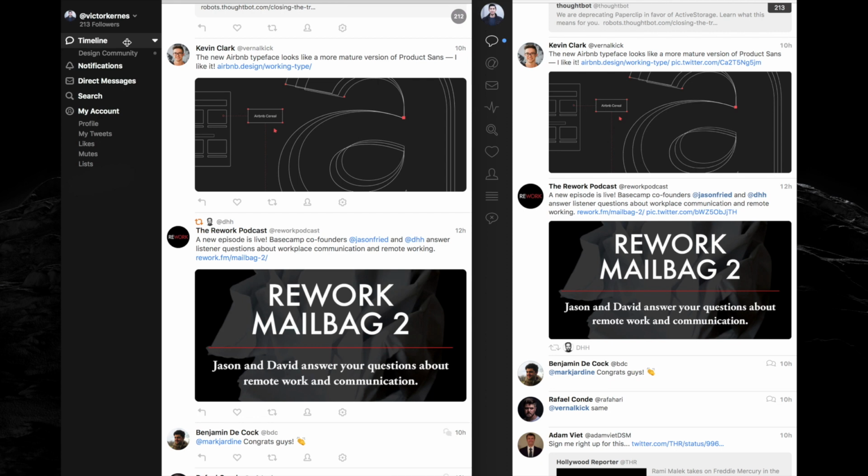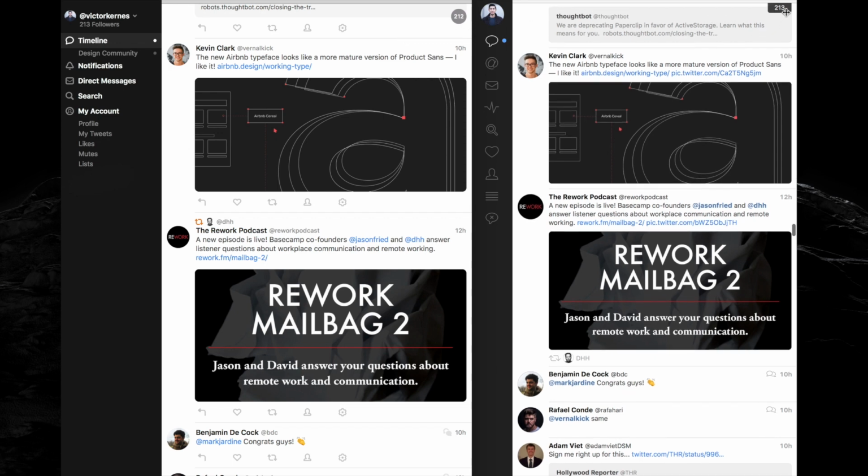So that was kind of strange when I first encountered that. Another funny quirk, as I'm seeing here, is that on the right hand side I'm showing 213 tweets, whereas on the left hand side with the new version I'm showing 212. And whereas before their design decision was to have the unread tweet amount displayed here on the right in this rectangular figure that sort of hangs off the top edge, which is neat, now on the new version, they have this little more opaque circle that displays the total